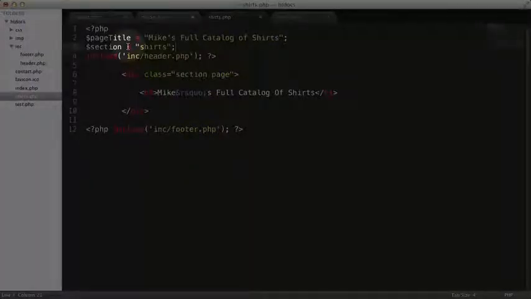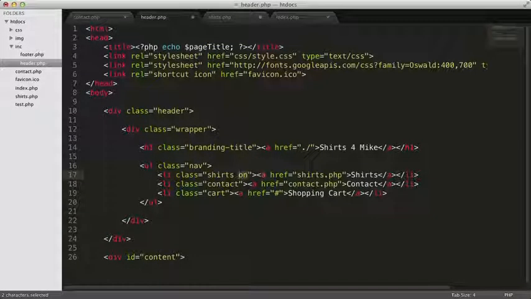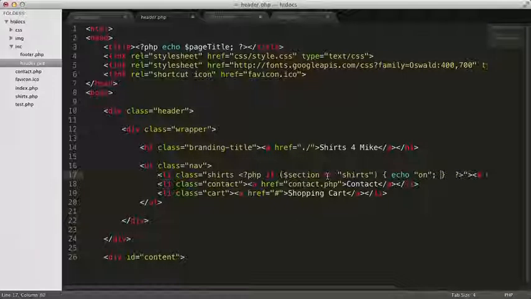Remember to use the single equal sign here when assigning a value. With the single equal sign, this command means to the variable named section assign a value of shirts. Back in our header.php file, we can write a conditional to check the value of the section variable. Remember to use the double equal sign here. With that double equal sign, this command means if the variable named section has a value of shirts, then echo